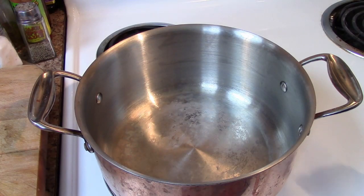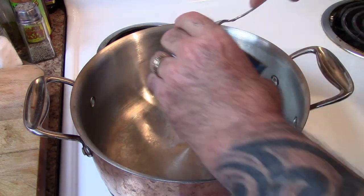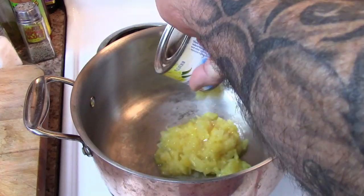All right, I'm going to start with this sweet and sour sauce first. Go ahead and get it done, and just leave it on warm over here on a side burner before we start frying shrimp. Alright, now here's the ingredients. I have this on a medium heat right now, but you're going to need 8 ounces of crushed pineapple,